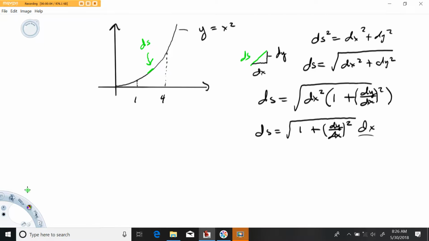Making this video here to demonstrate how to set up integrals for surface areas of revolution. So what we're going to do is look at this function y equals x squared. I always like to start with fairly simple examples. We're going to look at the region of this function between x equals 1 and 4, so this region right here, and we're going to imagine that region revolved about the